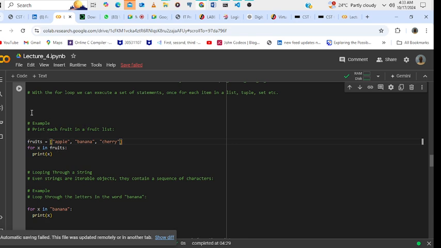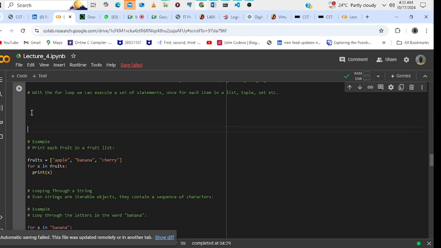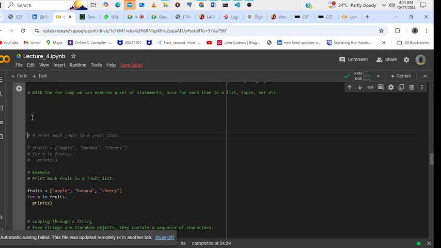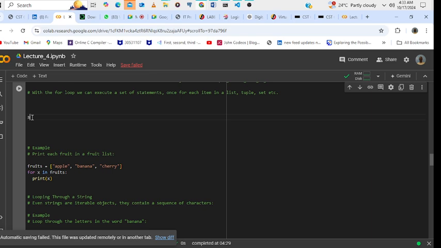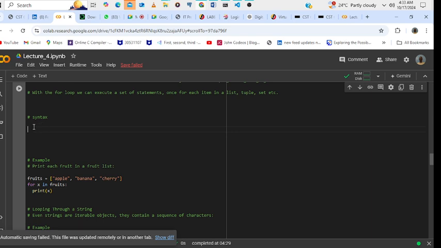So as we did with the others, let us just have the syntax for that. I think it's always good to have the syntax for the loop. So you always have for